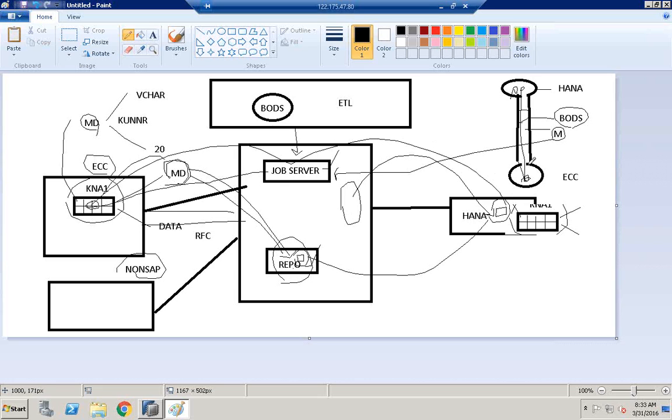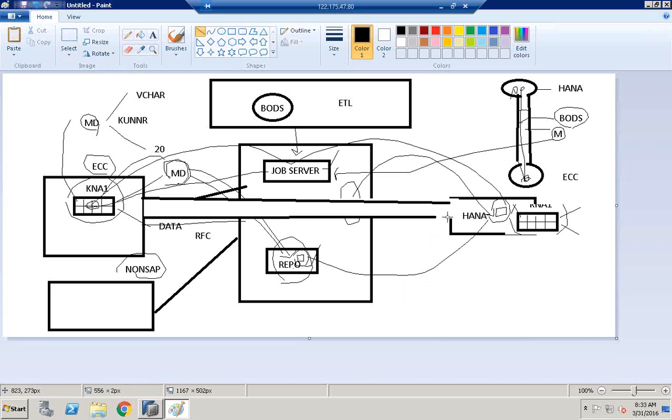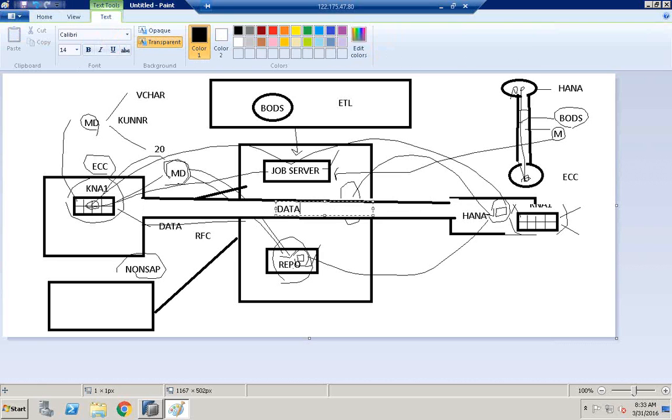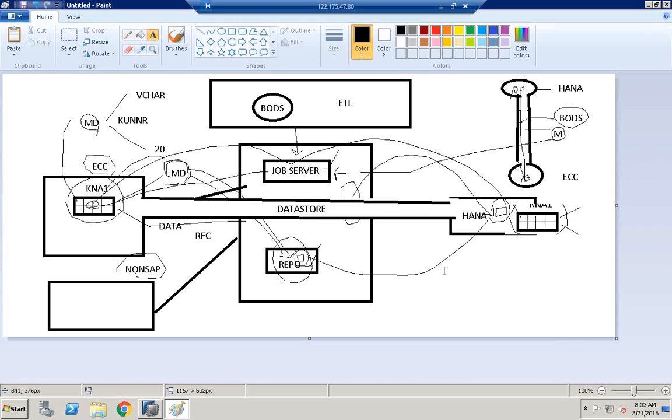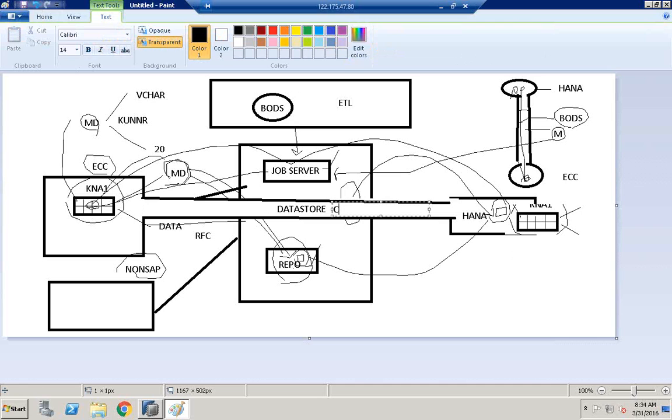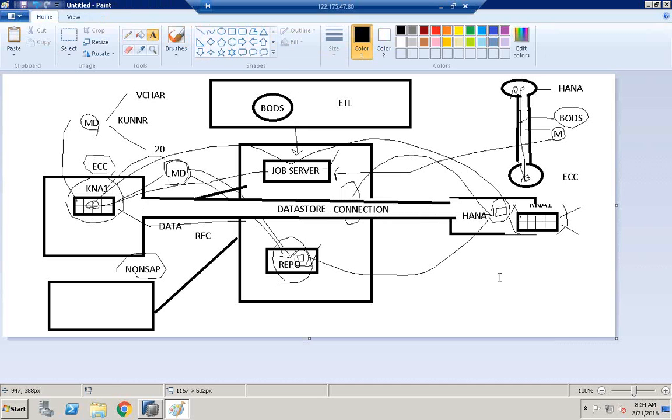The connection, which is like a pipe in BODS. To establish a connection between source and target, I'm creating a tunnel. From this tunnel I can transfer data from source to target. This tunnel between source and target is known as a data store. So what is a data store? A data store is nothing but a connection. So you establish a connection. Once the connection is established,